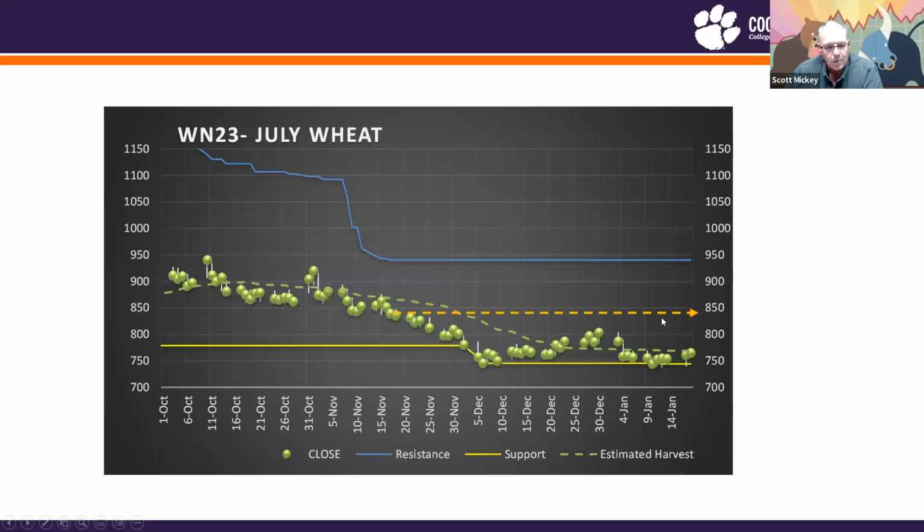When we look at what's happening to wheat, it's kind of the reverse of the cotton market. Since November, we've been trending down. We started the 1st of November at the $8.50, $9 range, and now we're trading down here the last couple of weeks, below or just around 750. That's disappointing given what we went through last year, but there have been a lot of years that we would have gladly sold wheat for $7.50.